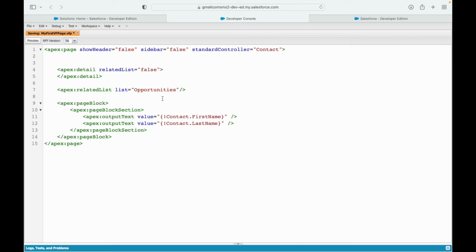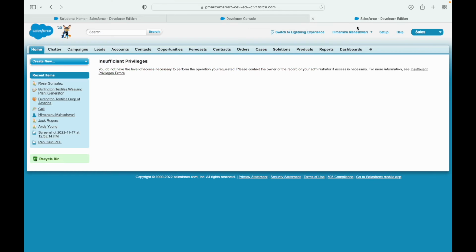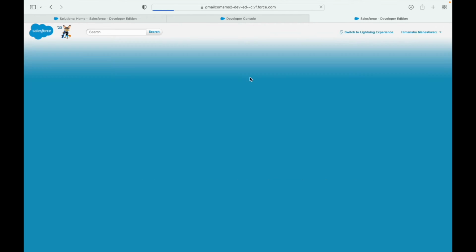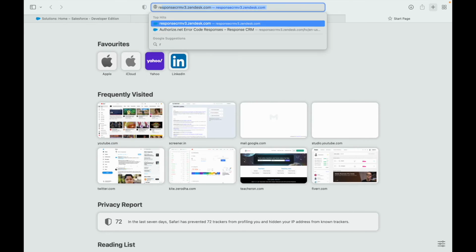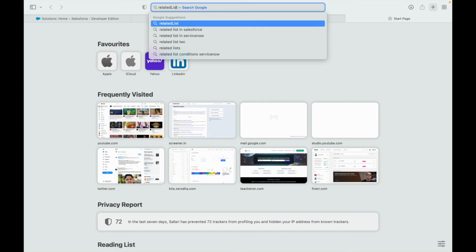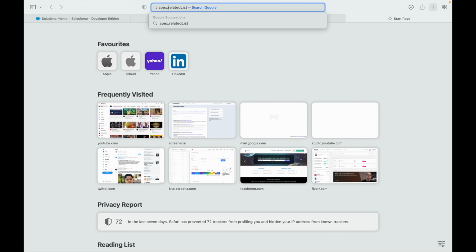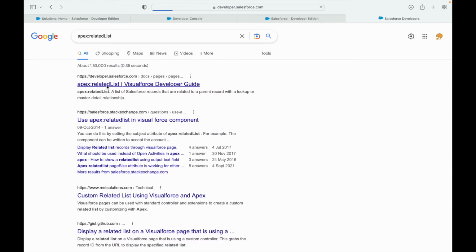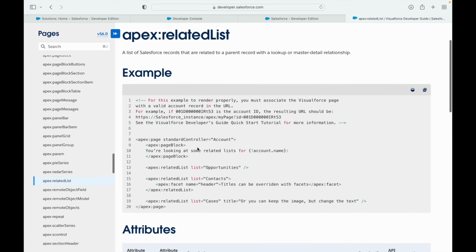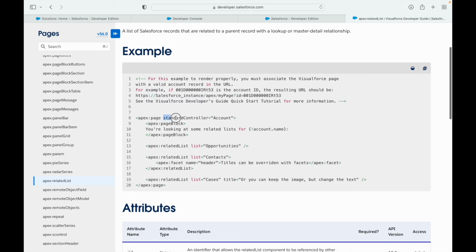Save. Refresh. Still giving me the same error, right? So let's go and see how you set the related list. Apex related list. Every time you're stuck, you can simply go to the documentation and understand how to show things, right? So if we see here, it says the standard controller is defined and you have the